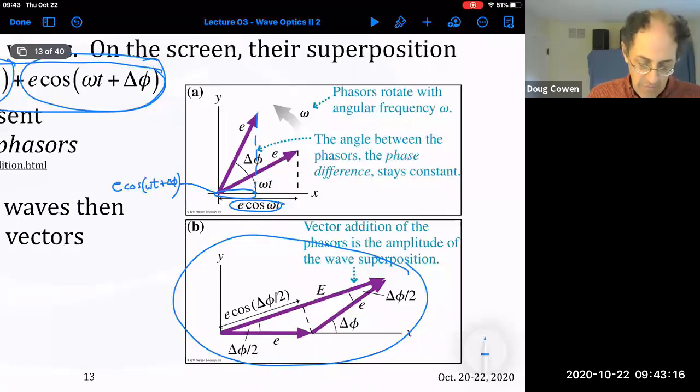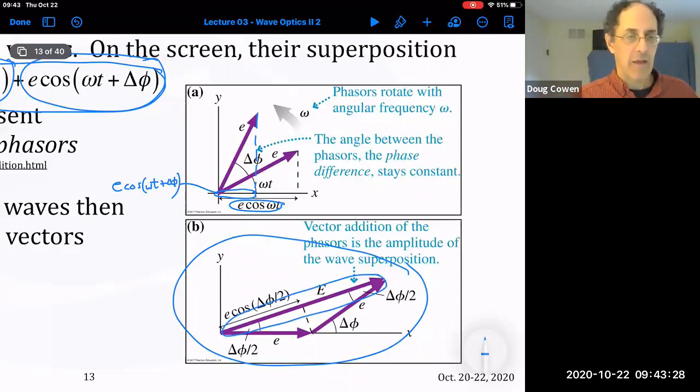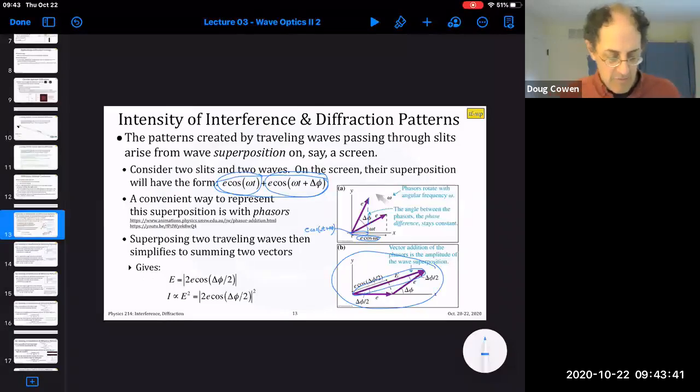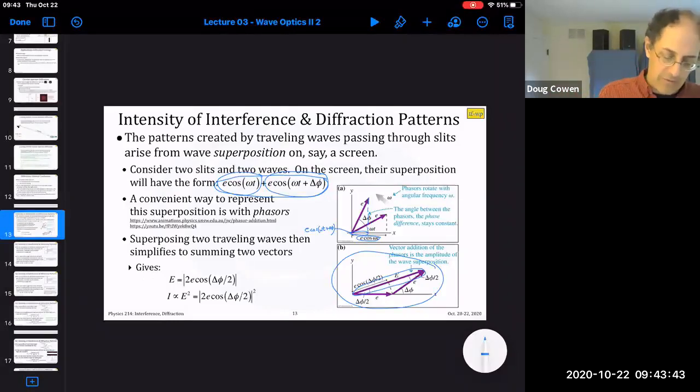So what this basically means is that we have this resultant vector rotating around the axis just like the other vectors were, but now it has a different relative phase, and it obviously has a different amplitude, because it's the sum of those two vectors, rather than the individual vectors themselves. So this may be a little bit fuzzy. I'll give you an animation in a second that hopefully will clarify things a little bit. But before I do that,